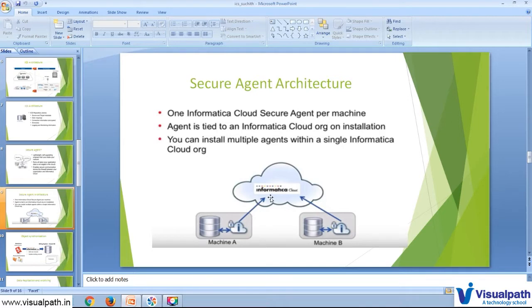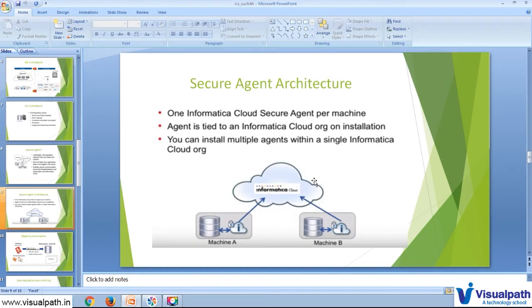If we are not using the secure agent group, the jobs will run only on whichever secure agent they are tied to. If that particular secure agent goes down, the jobs will fail with errors saying no secure agent is available. To avoid these kinds of errors, we can tie both the agents into a single secure agent group.